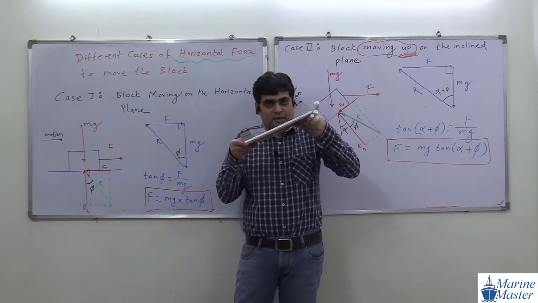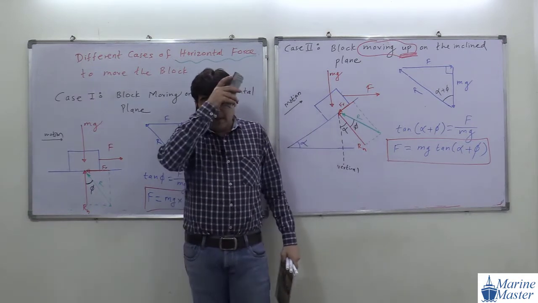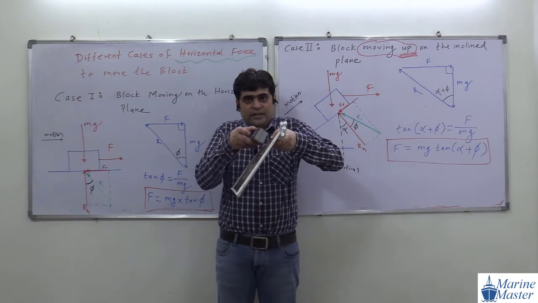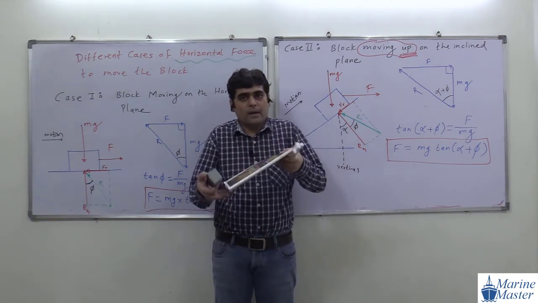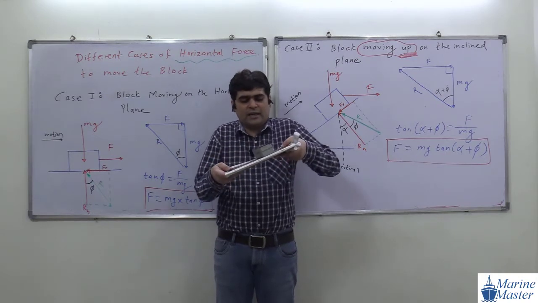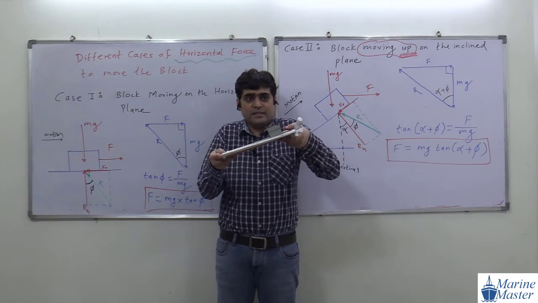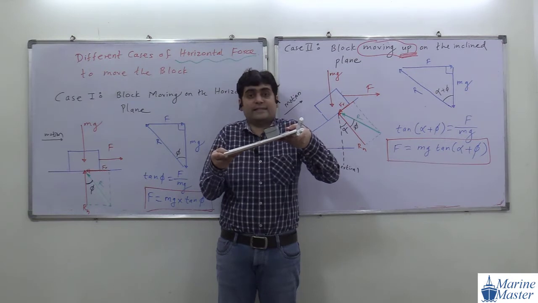At this angle, what is happening? The duster is going down. Suppose I keep alpha like this, the duster will not stay here. It will definitely go down. But if I keep a very small angle, see this one, less angle, what will happen? Here this plane is inclined, but is the duster moving? No, because here alpha is less.